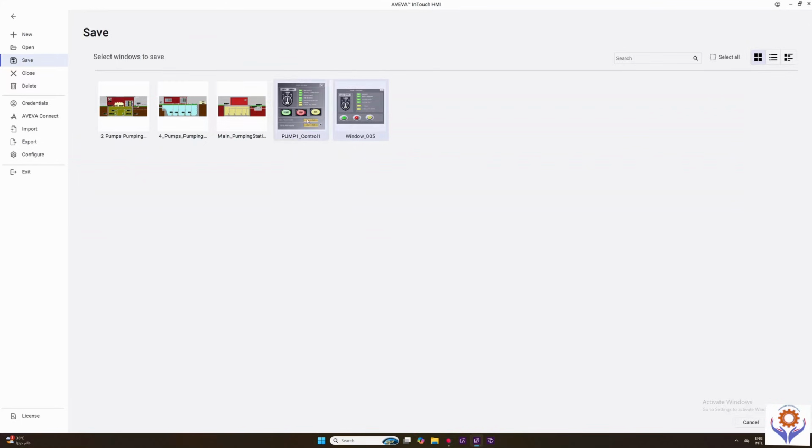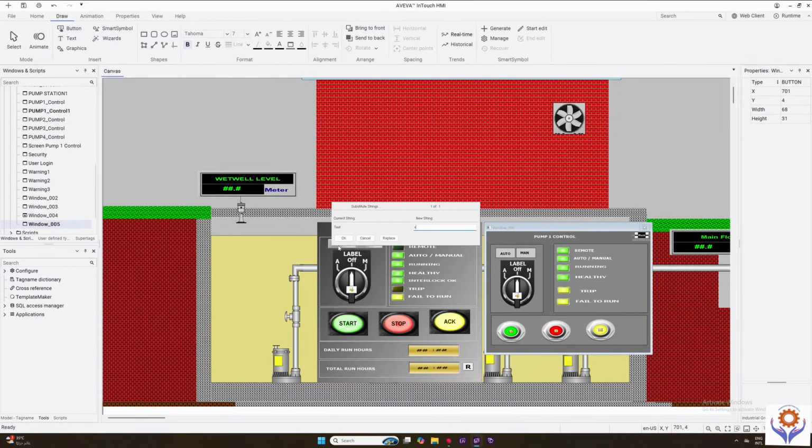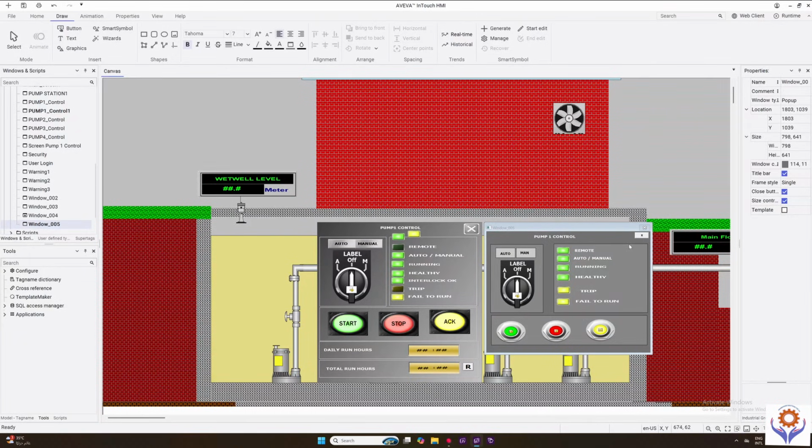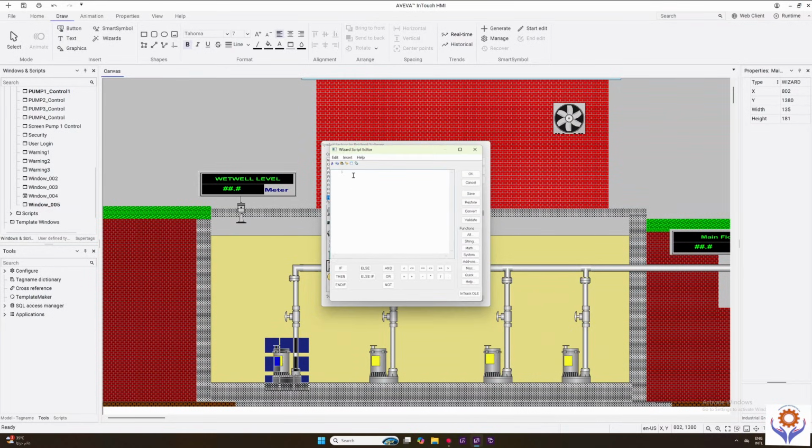So we added all the functions now. I am going to save this application. Once you save the application, it will be ready to utilize in our project now. So we added all the properties for the pop-ups, and we made a copy paste of the same for pump 1 and pump 2. And we also link with the pumps. Now the first one we already linked, and the second one you can also link, and after you link,